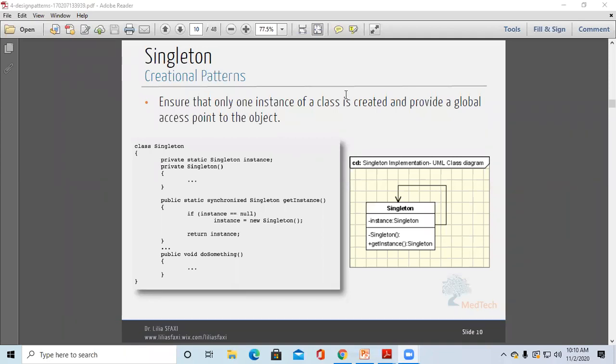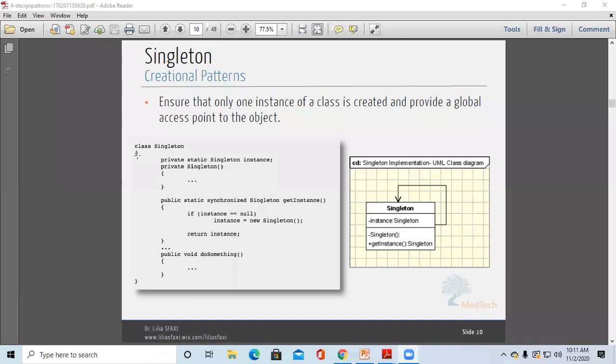Here you can see the example of the singleton pattern. It contains the instance of that singleton, only one instance. That's why it is singleton: only one instance is there for that class. And the method provides only one instance of that class, with a global access point to that object.